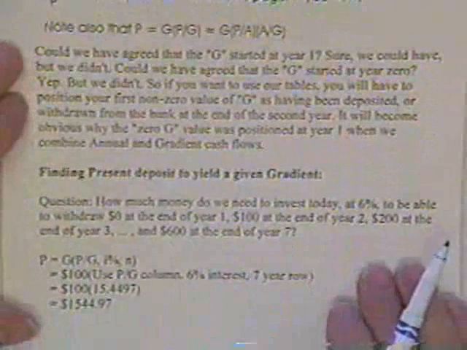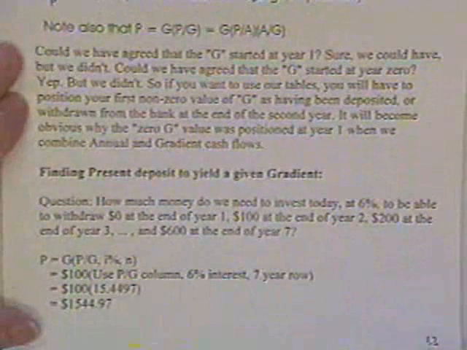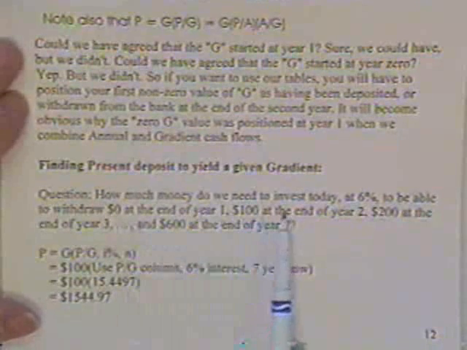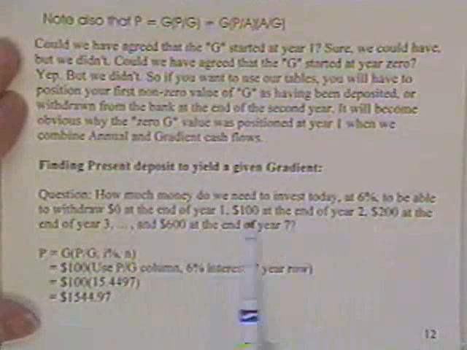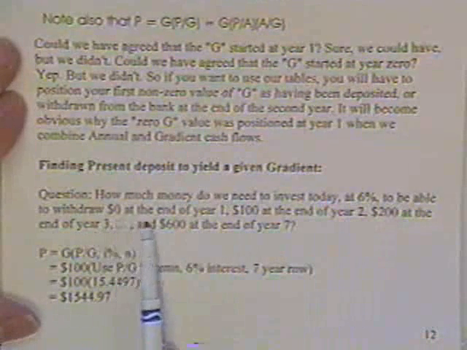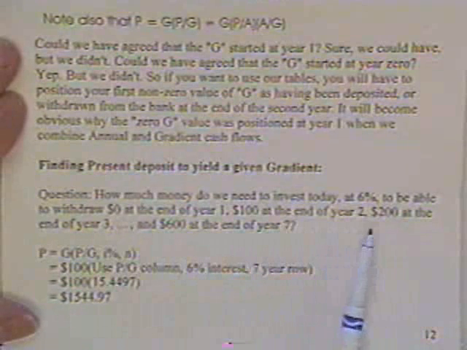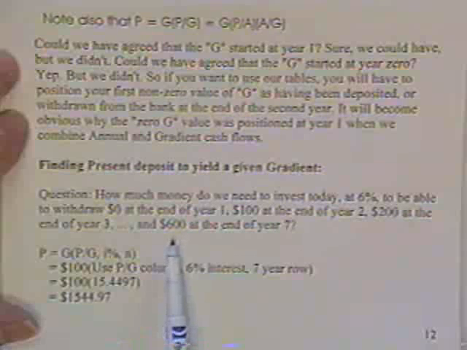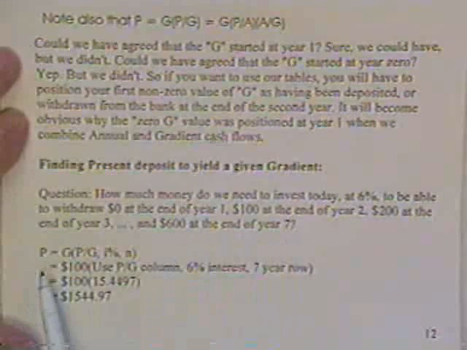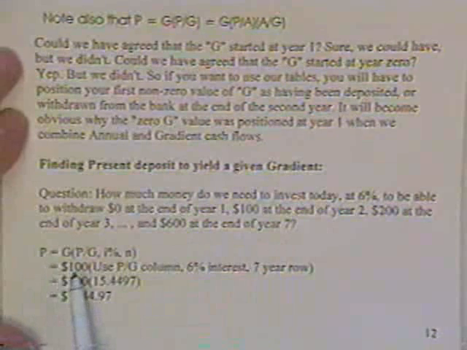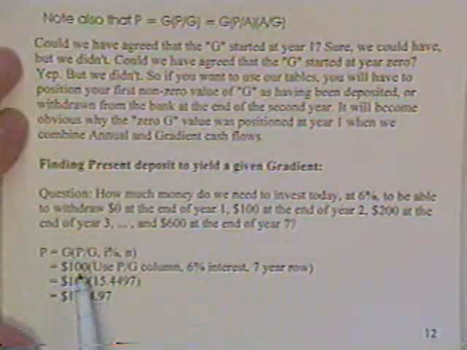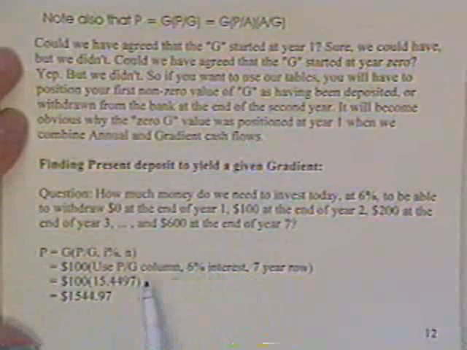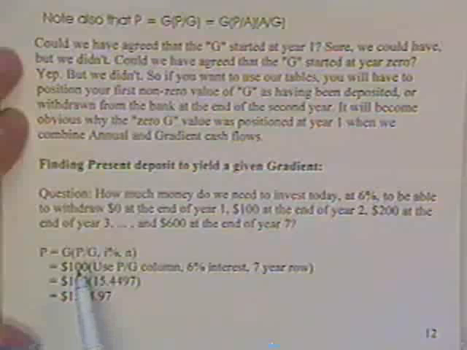All right, finding the present deposit necessary to yield a given gradient. Question: how much money do I need to invest today at 6% so that you could withdraw no money at the end of year 1, $100 at the end of year 2, $200 at the end of year 3, and so on, and then $600 at the end of year 7? That will be a gradient problem. The gradient is $100. The number of years is 7, at 6%. So you multiply your given G of $100,